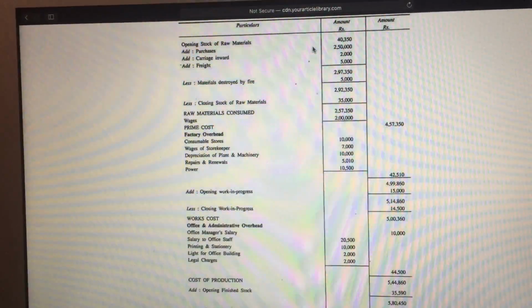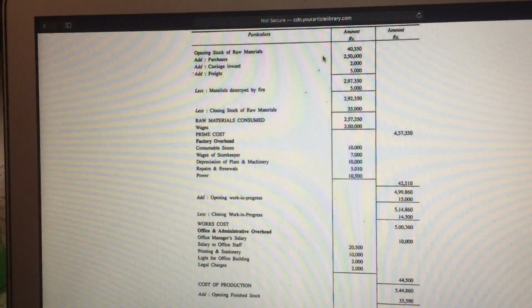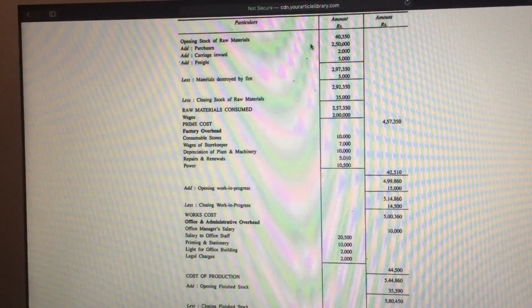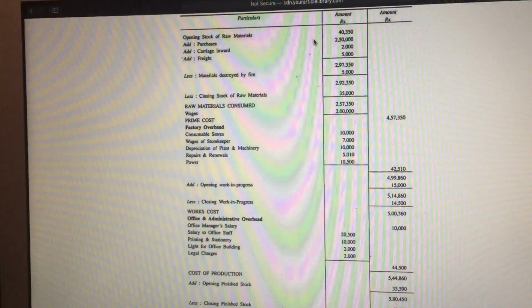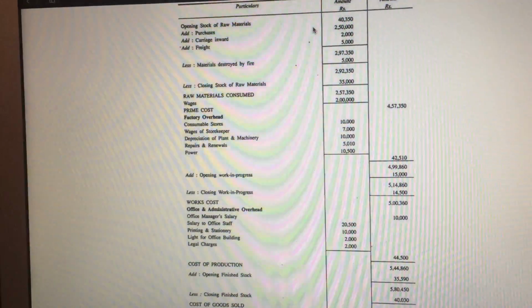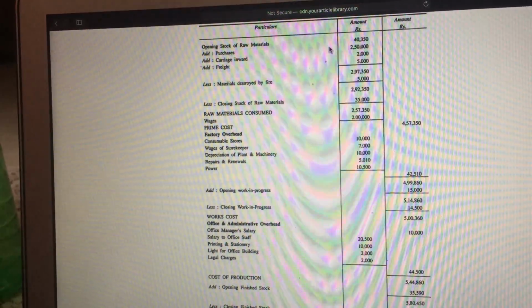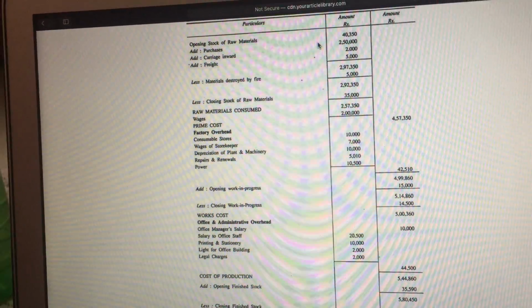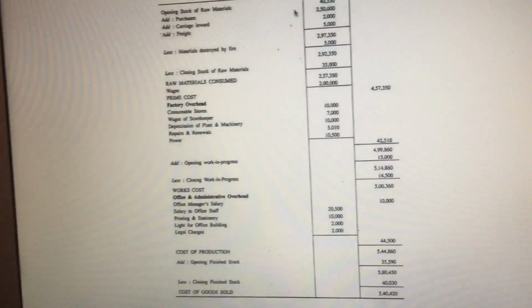Last session I gave you a numerical on cost sheet. As you have already done so many numericals on cost sheet, you know that in a cost sheet we need the cost of direct material, labor and wages to come to prime cost. Then we add all the expenses related to the factory to come to factory cost, also known as work cost. Then we add all the office and administrative overhead to arrive at cost of production, and lastly the selling overheads to arrive at cost of goods sold.